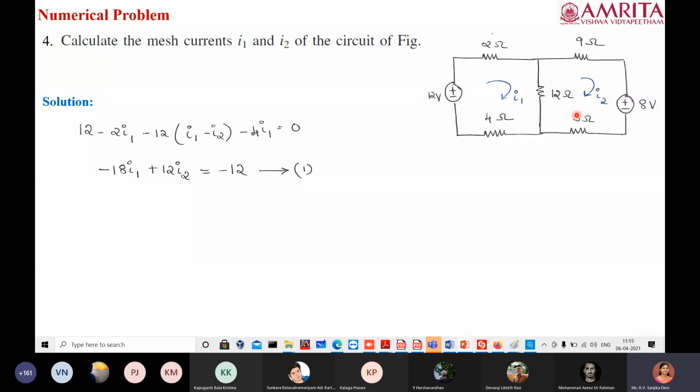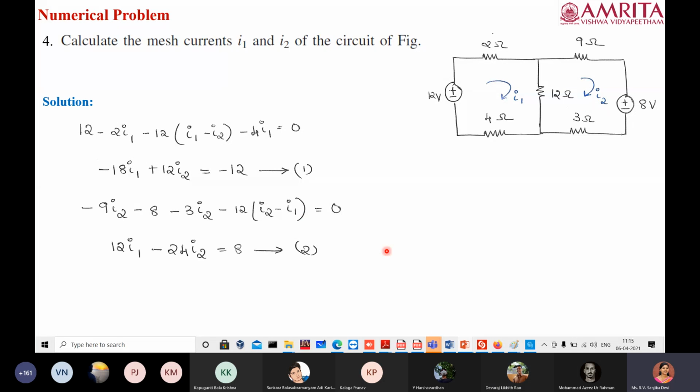Okay, so I think you are able to do it, and then we'll go a little bit faster. For the second loop, the loop current is I2. So for the 9 ohm, it will be minus 9 I2. For this 8 volt, we are coming out of the negative terminal when we go in the direction of current, so it is minus 8 I2. Then for 3 ohm, it is minus 3 I2. And when we come to 12 ohm, it is common between two loops, so the difference current will flow. And we have to go with the convention of I2. So when we are going in this direction, it should be minus 12 into I2 minus I1. Again, separate out I1 and I2.